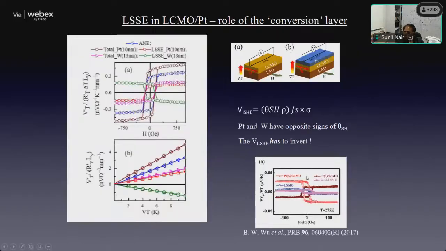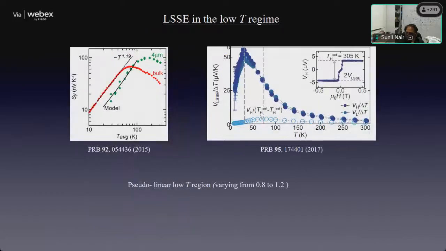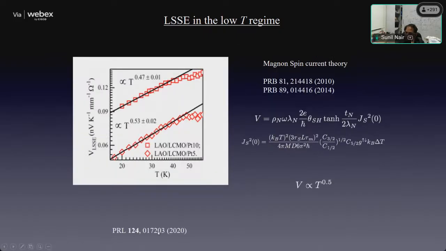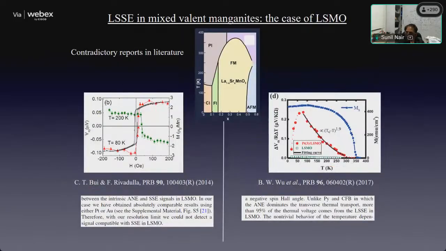Let me show you. These are all spin Seebeck data. Let me show you another one. This is the temperature dependence of the spin Seebeck effect in this case. To get to this kind of signal to noise, we had to move this Faraday cage and so on. We took a few years to get an absolute hold on this. We published this in 2020 in PRL. So that's how the apparatus per se looks.